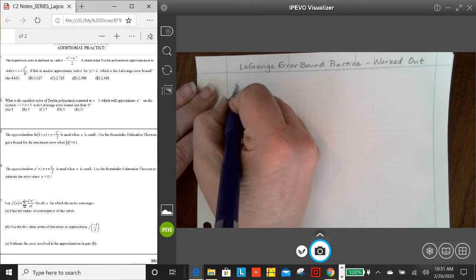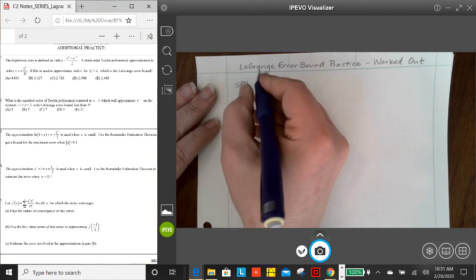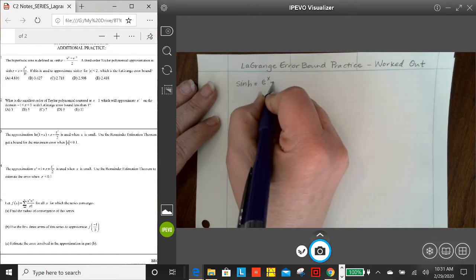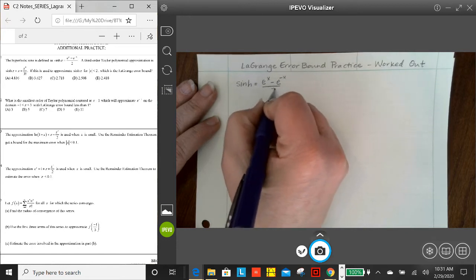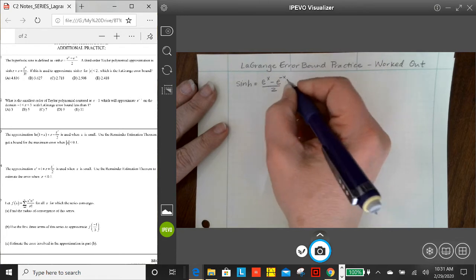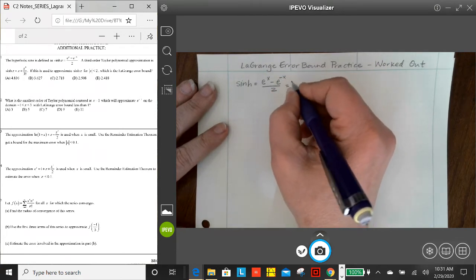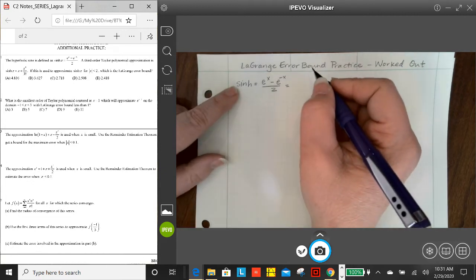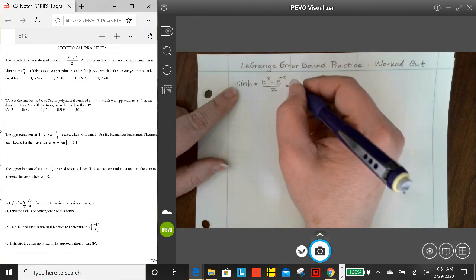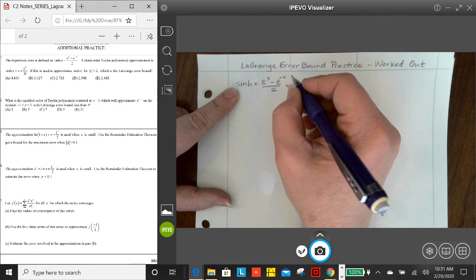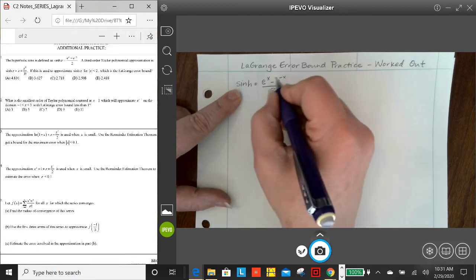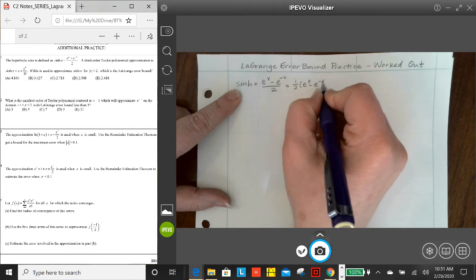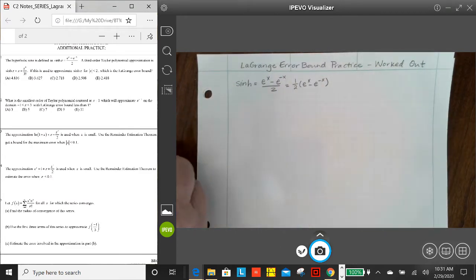So that's just a hyperbolic sine, e to the x minus e to the negative x over 2. And it's just an exponential function that's a composition of an exponential growth and an exponential decay. But in many ways, it behaves like a trig function, and that's why it's got the fancy name. But I'm going to rewrite this as 1/2 e to the x minus e to the negative x, because we're going to